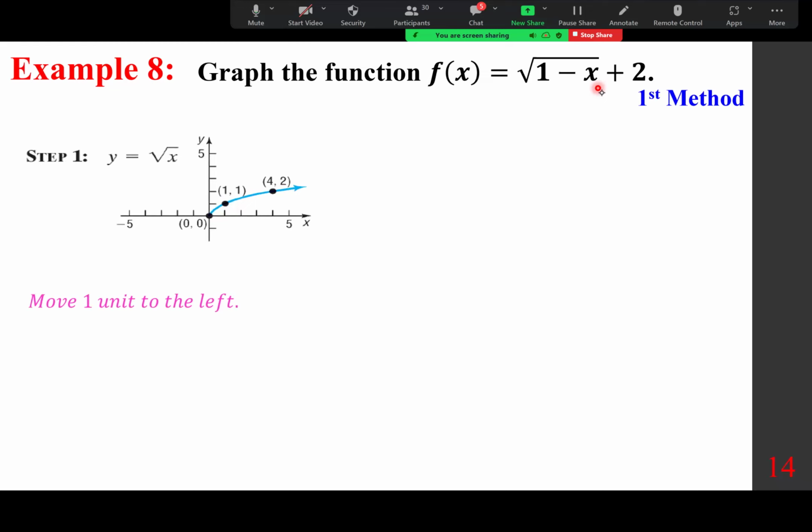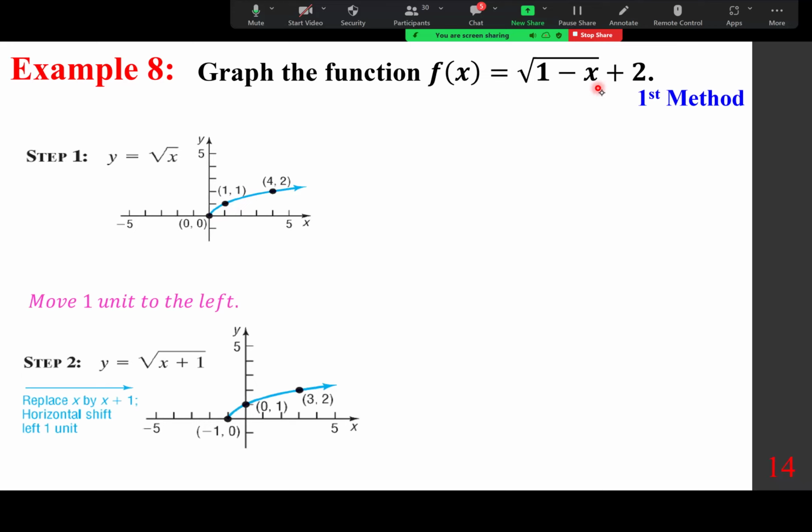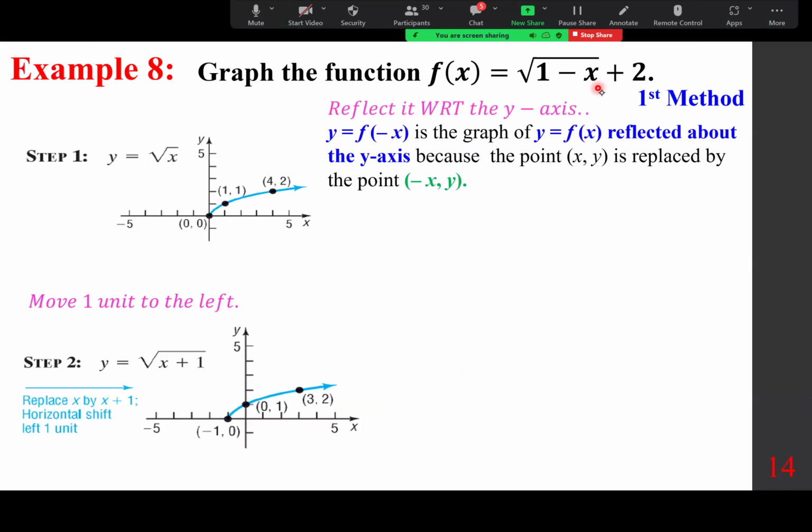The next one is to look at the function square root of x plus 1 by shifting it to the left by 1. Then reflect with respect to the y-axis. y equals f of minus x is the graph of y equals f of x, reflected about the y-axis, because the point x comma y is replaced by the point minus x comma y. So we do that,